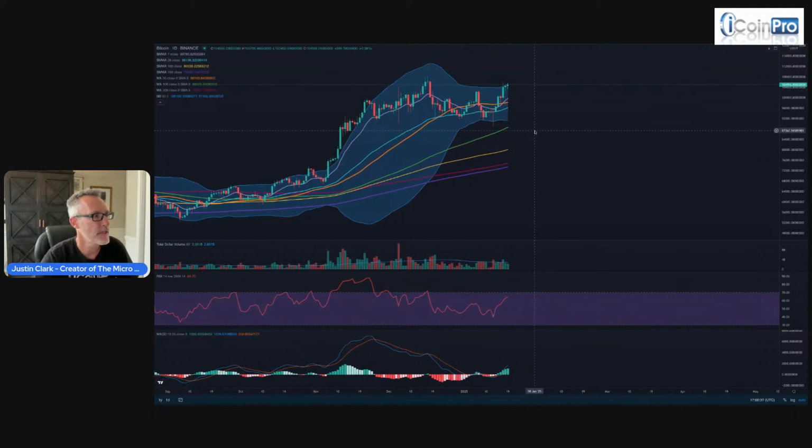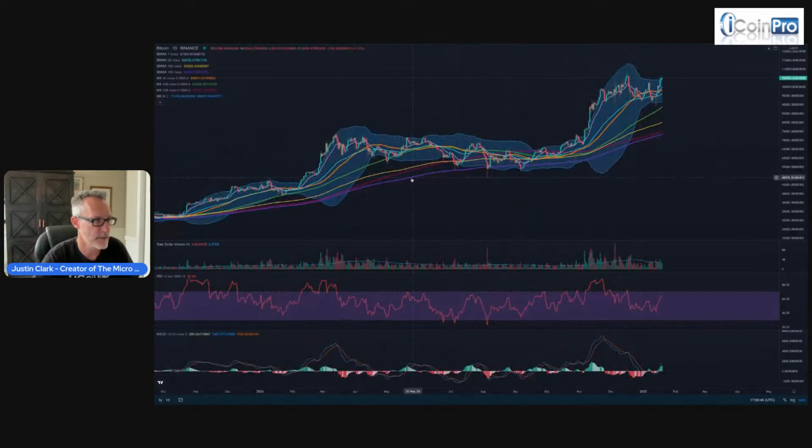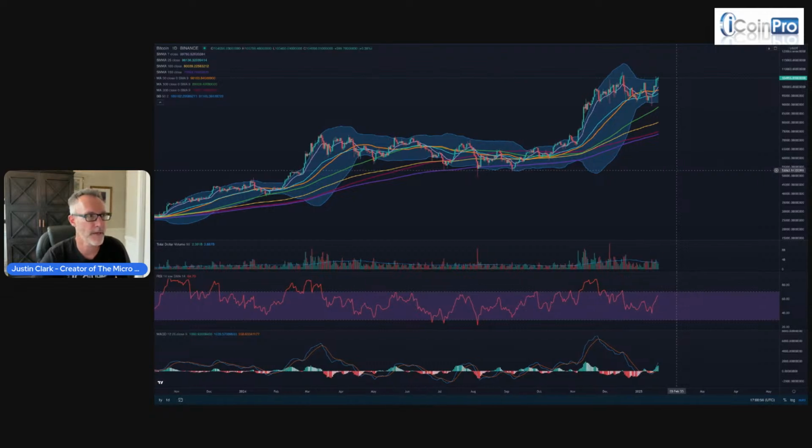All right. These other lines here are moving averages. This purple, maroon, yellow, green, etc. They're moving averages. They're calculations of price looking back in time over a certain period of time. You don't even need to know how it works. You just need to know how to use it. Kind of like a TV. You don't need to know how a TV works to watch your favorite program, right?